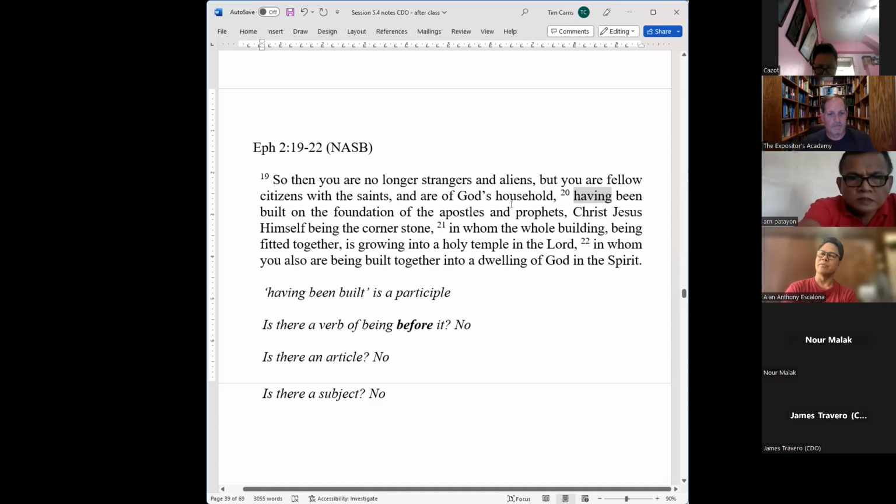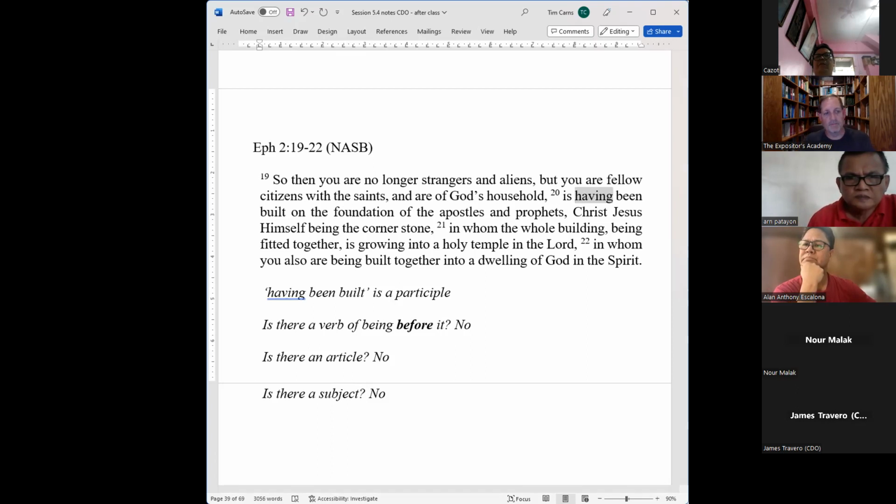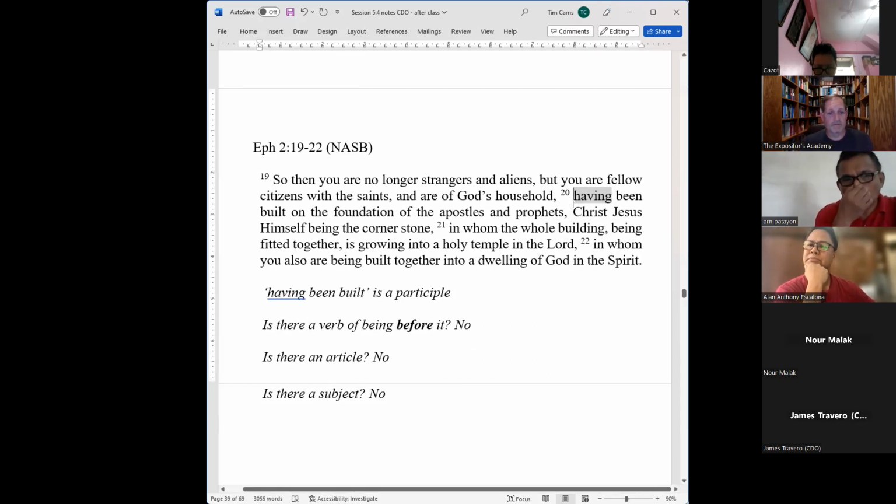So it's still a verb, Pastor Tim, right? No, because there's no verb of being in front of it. We don't have is having been or something like that. And there's no article like the or an, and there's no subject here. So it's not a regular verb in this case. It is a participle. And it's modifying